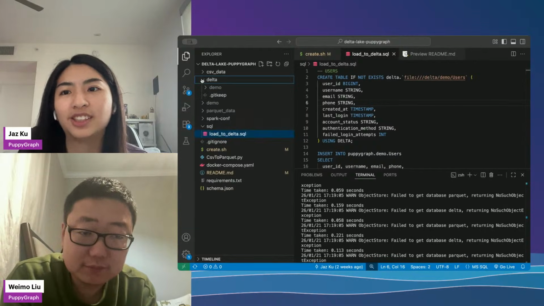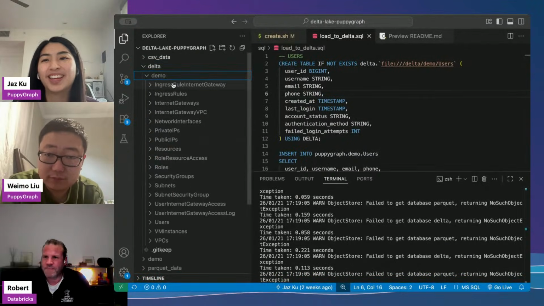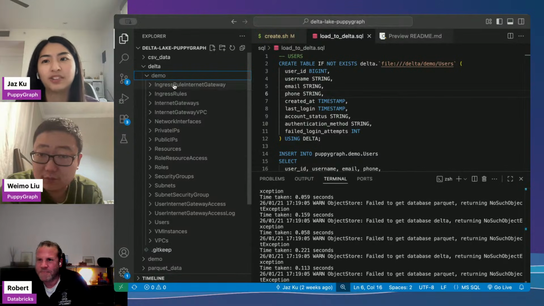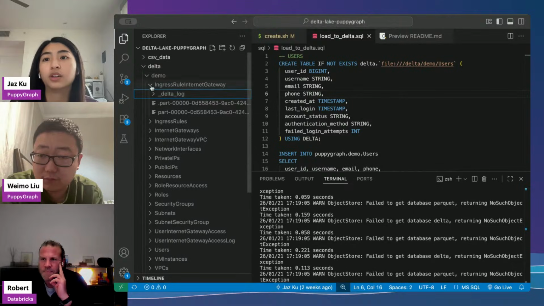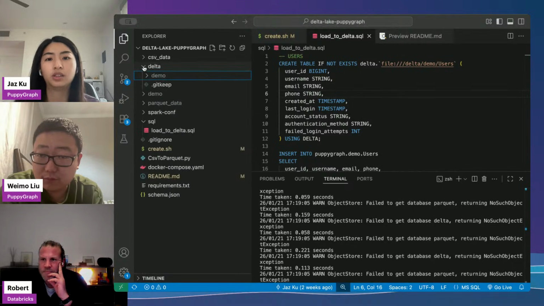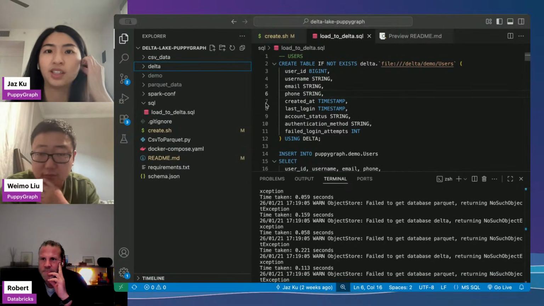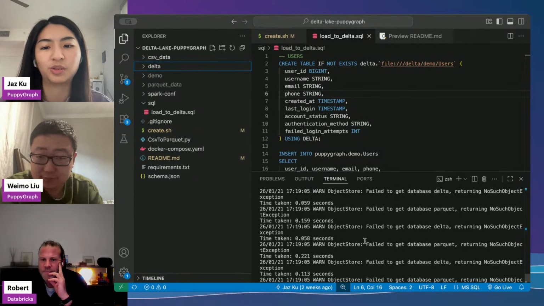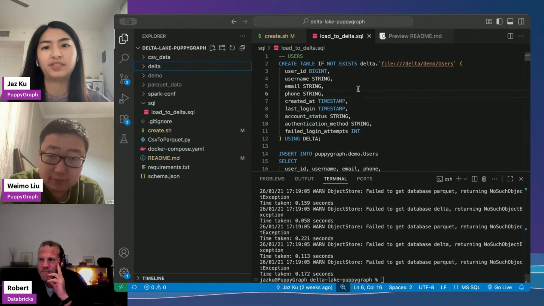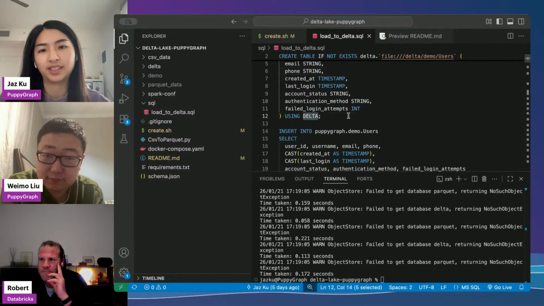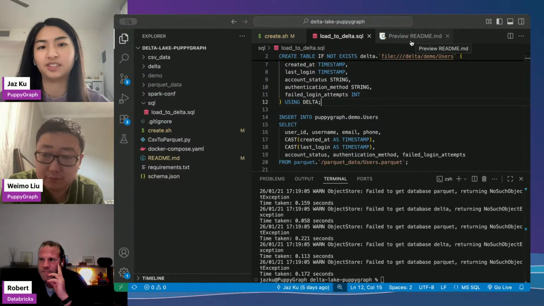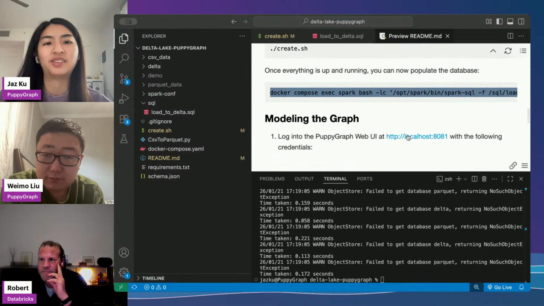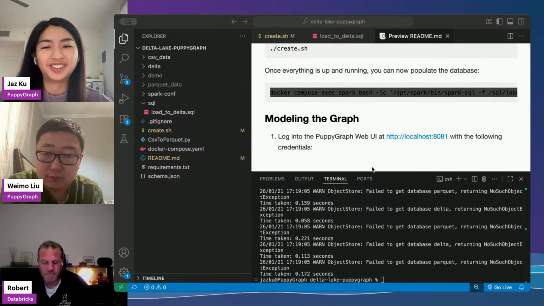And then we'll see over here, it's quite cool actually, that these are the tables I've created, and you can see the Delta logs over here that have been keeping track of all the transactions that have happened to that table as I'm loading the stuff in. And so that's with all the tables created and everything, using the Delta table format, and I've loaded the data from my Parquet files. And so now we can just head over to the local host,